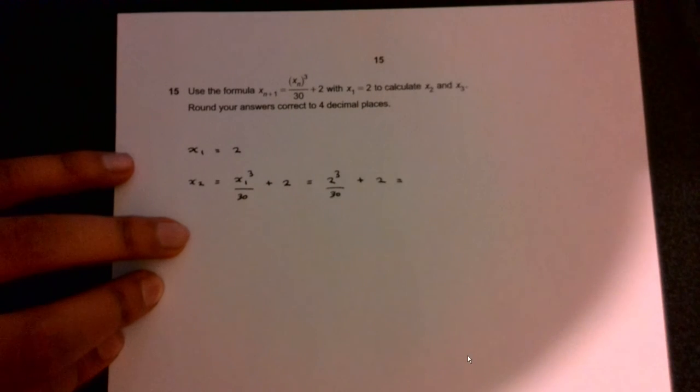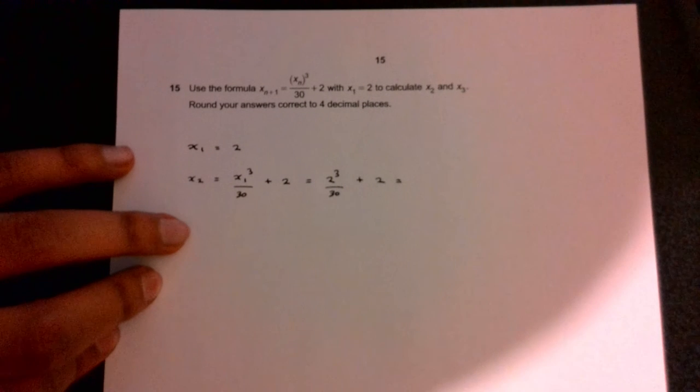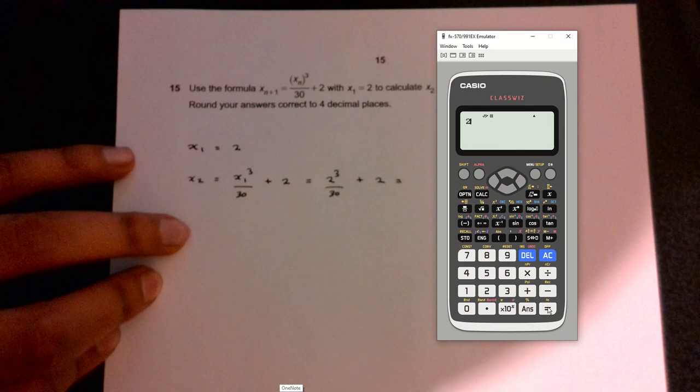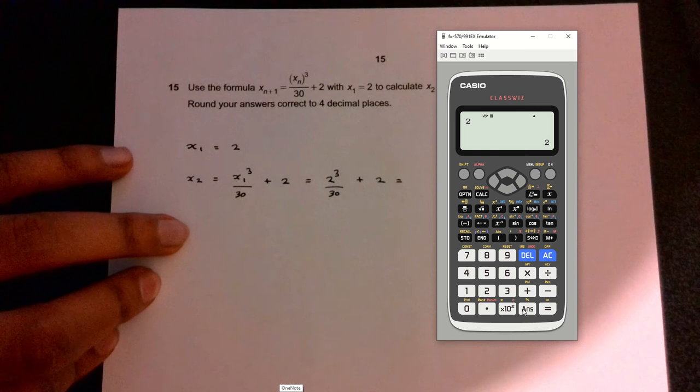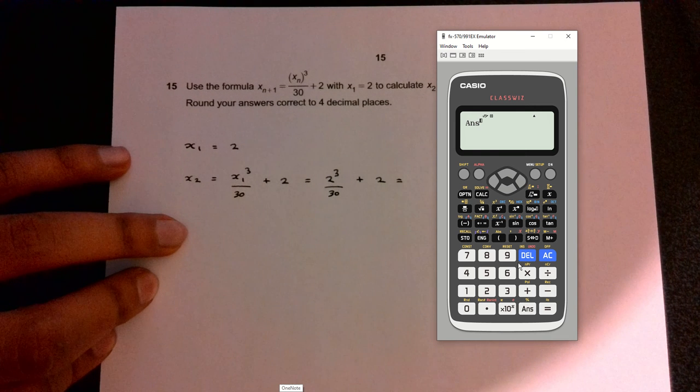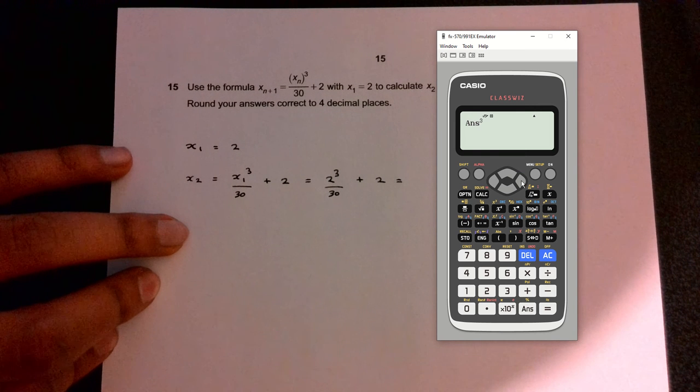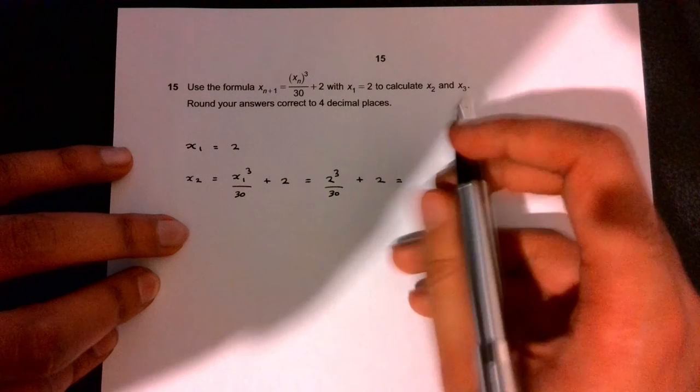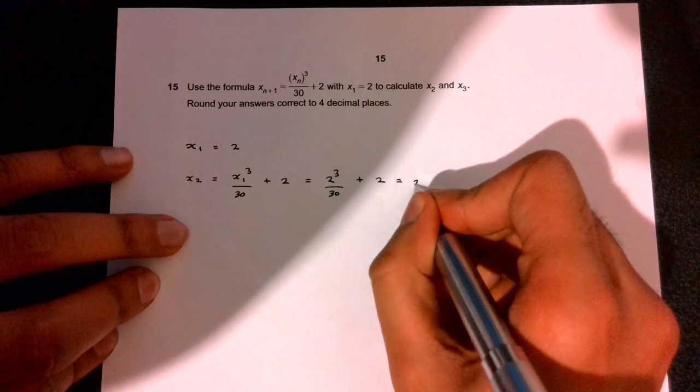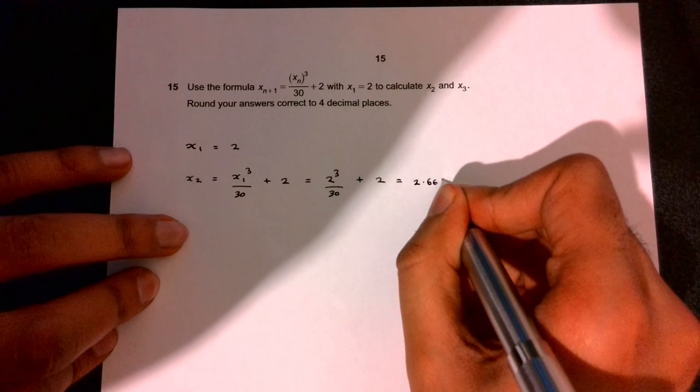I'm working this out. If we substitute 2 into our calculator, and then if we have 2 cubed over 30 and then plus 2, it turns out we get this value. So to 4 decimal places, we have 2.6667,